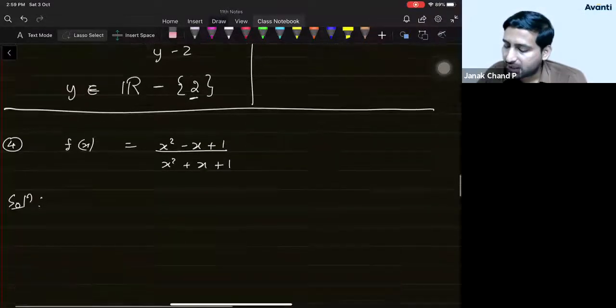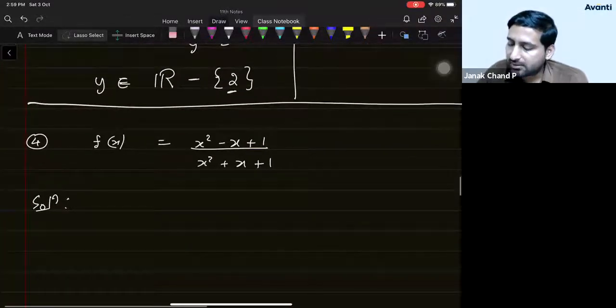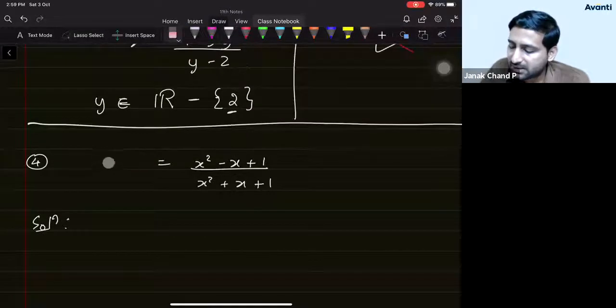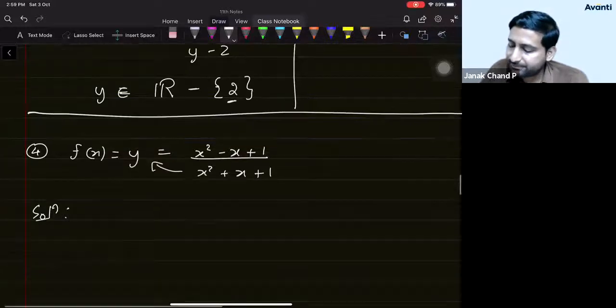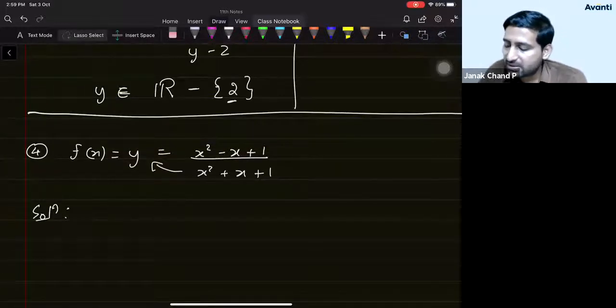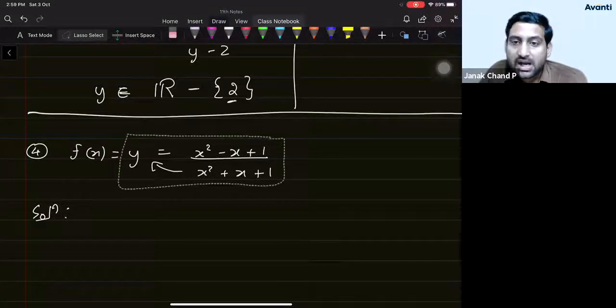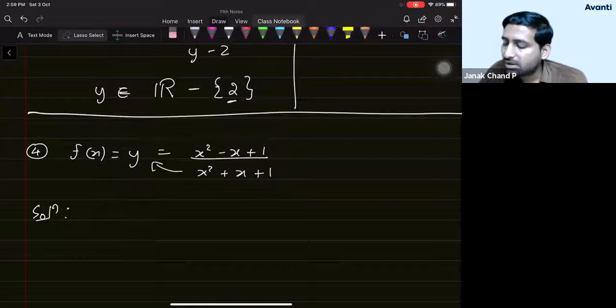Fine. Now, let us solve this. Same thing: let us first assume that the given function is y. It makes our job simple. Cross multiply. The same thing, students: we should separate out x. If I ask you what is the range of this function, or what is the domain, you will write the domain of this minus those values which make the denominator 0, right?